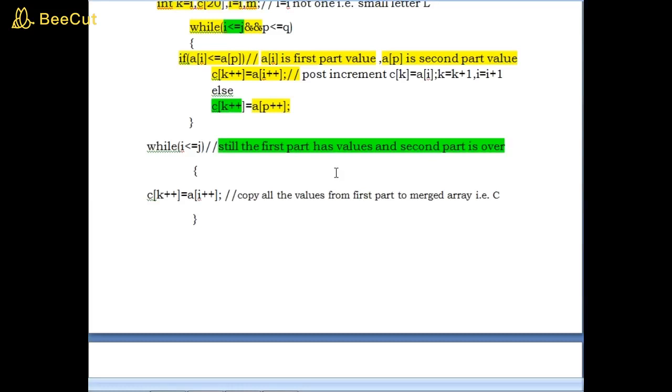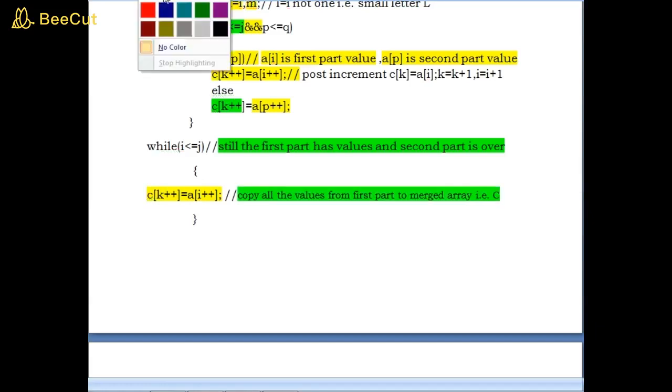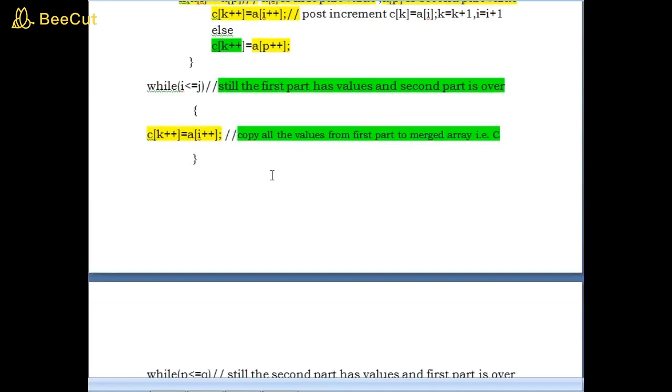Here, while I is less than or equal to j means the first part has some values but the second part is over. That means the second part has no elements for comparing. So we have to copy all the first part values, that is a of I plus plus is copied to c of k plus plus. That means I am storing the first part values in the merged array C. Why? Because the second part has no elements.